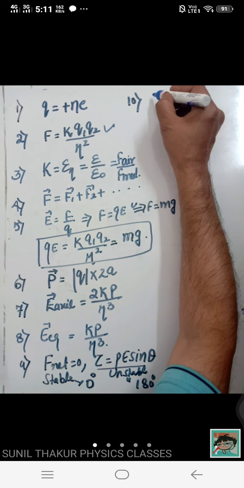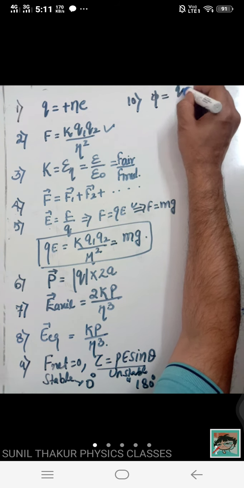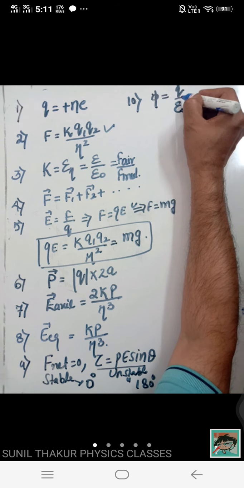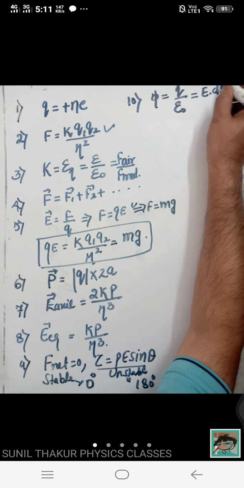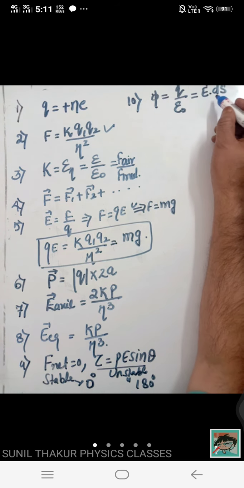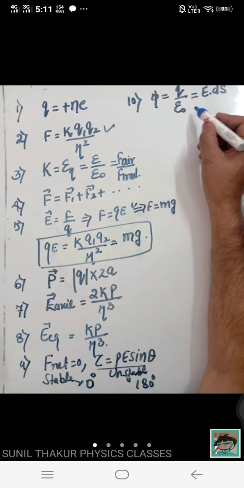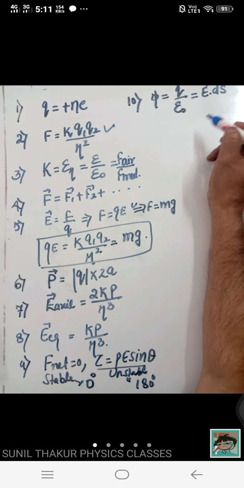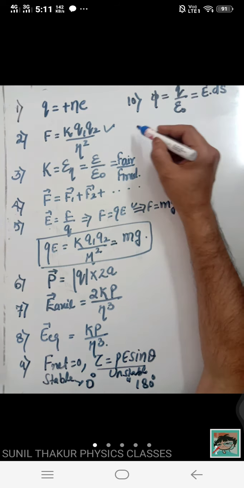Next one, this is for the electric field on the axial line, equatorial line, F net system. Then this is for electric flux: phi equal to q by epsilon naught. Gauss law states that this is also equal to integral E dot ds, so that depends upon the angle. Here is a very important result: when we double the radius or double the area, the flux does not change, because the flux depends upon the number of lines of electric field entering that surface.